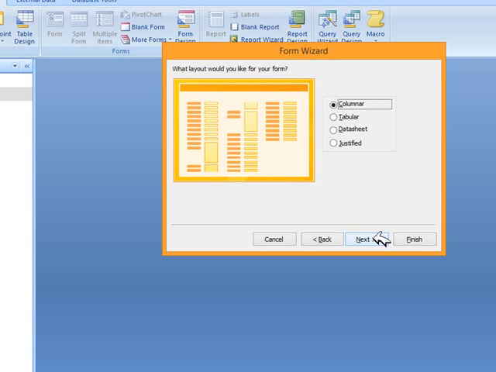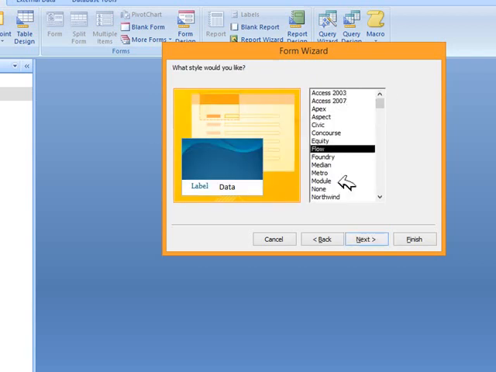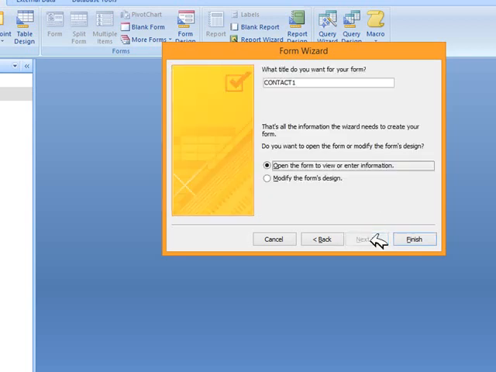I select Next. Next, here you can choose any style, so it's different colors, and select Next. Title for the form. Now we're told it has to be a descriptive or a suitable title, which means that it has to be descriptive for what the form is going to be used for. So, customer contact information would be a perfect title, or customer contact form. It's up to you to choose. So now I press Finish,